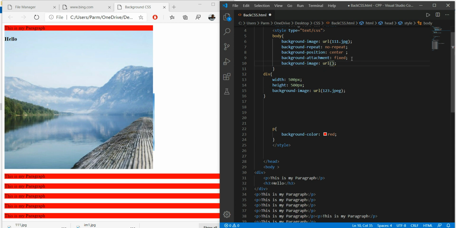The same thing we are going to do over here, that is 111.jpg, and here I put the second value, say no-repeat, then I put the value center, then make it fixed.